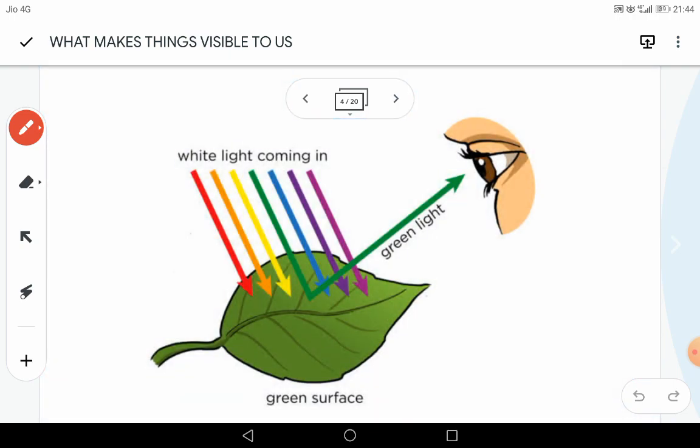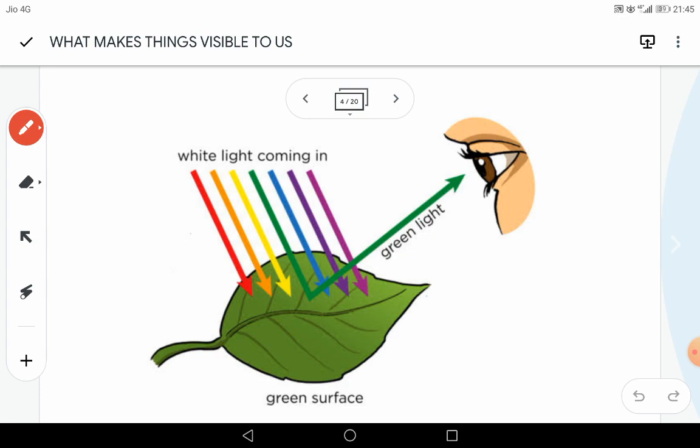Now let us understand that light is a form of energy which creates the sensation of vision in our eyes. We can see the objects only in light. If it is absolute darkness, we cannot see any object. So light is very important. And the second very important feature is that light also gives different colors to the different objects that we see. So now let us understand how we see the colors of the objects.